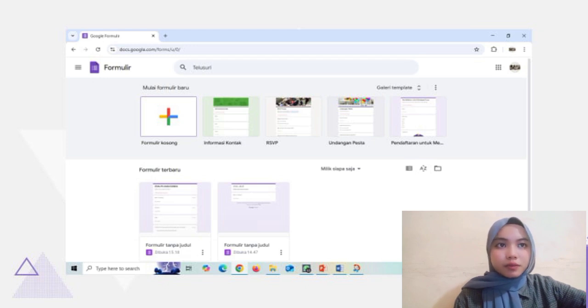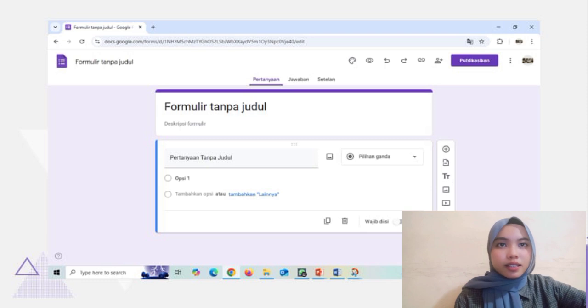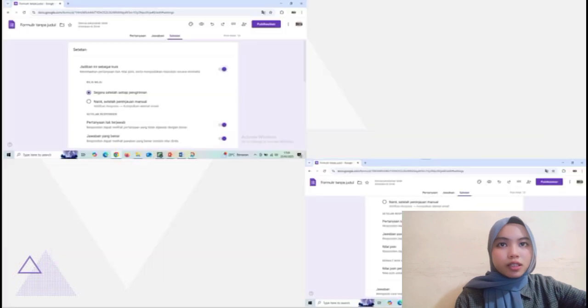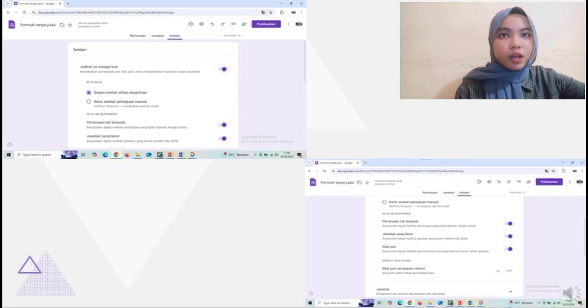Then, you will set a display like this. You can go to the settings located next to the answer tab, then activate the option make this a quiz.